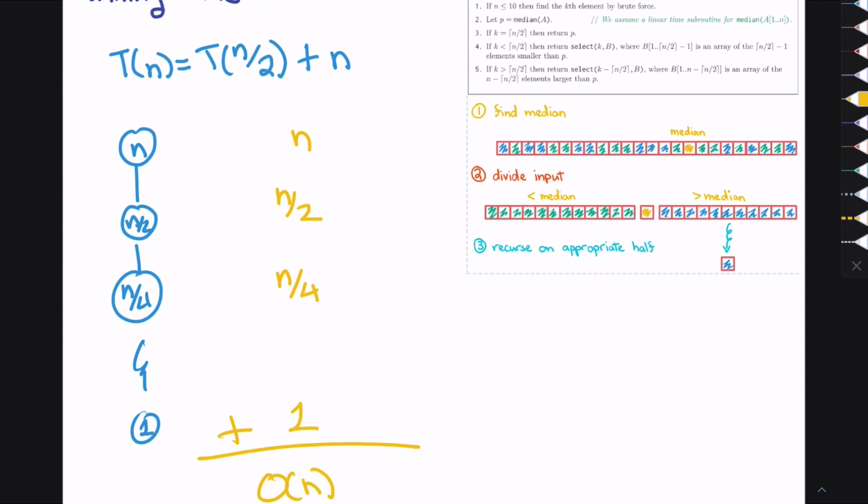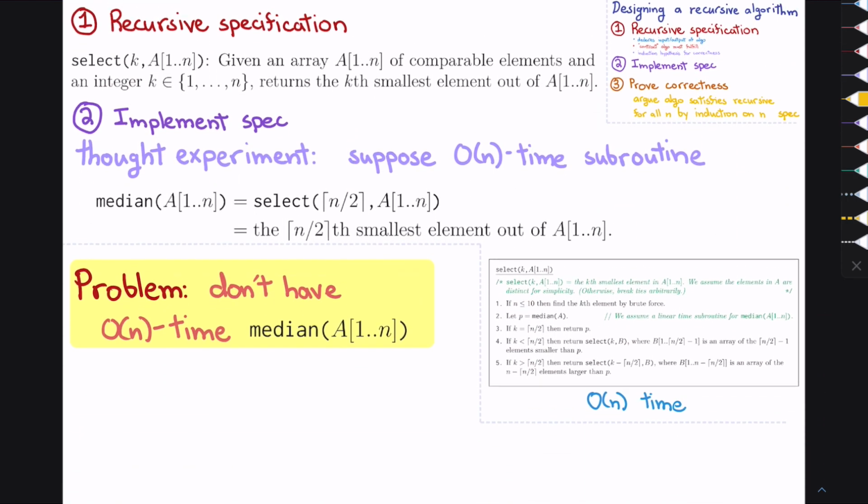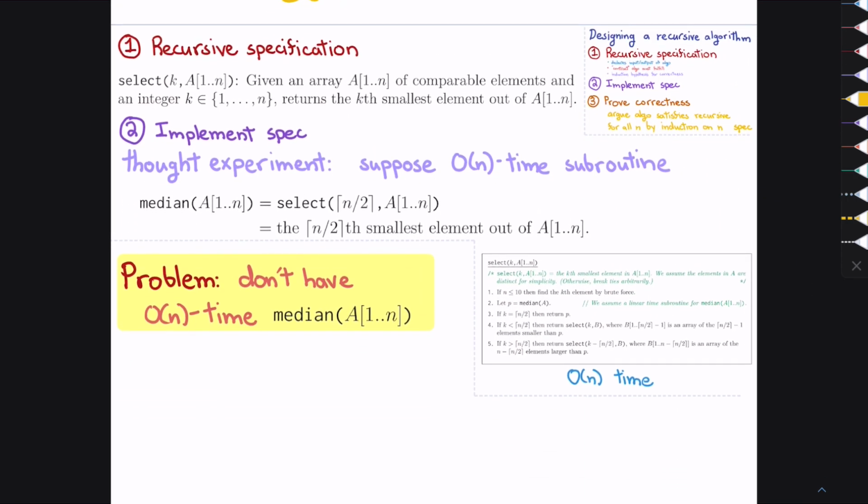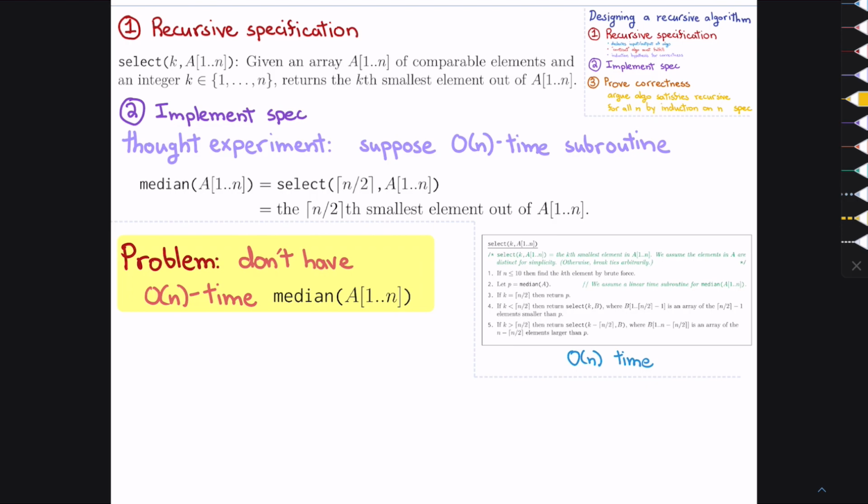So if we had a linear time algorithm for median, we actually have a linear time algorithm for selection. So median actually is quite strong. We at some level have reduced selection to median. The obvious problem is that we don't have a linear time algorithm for median. If we had selection, we would have median, but okay. All right, so as a next thought experiment,